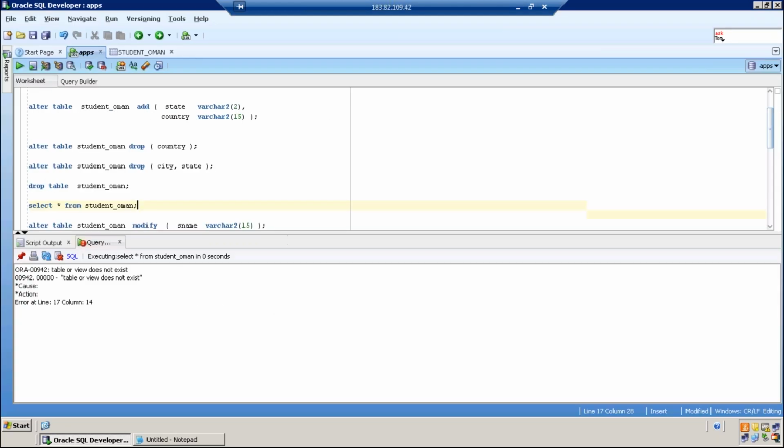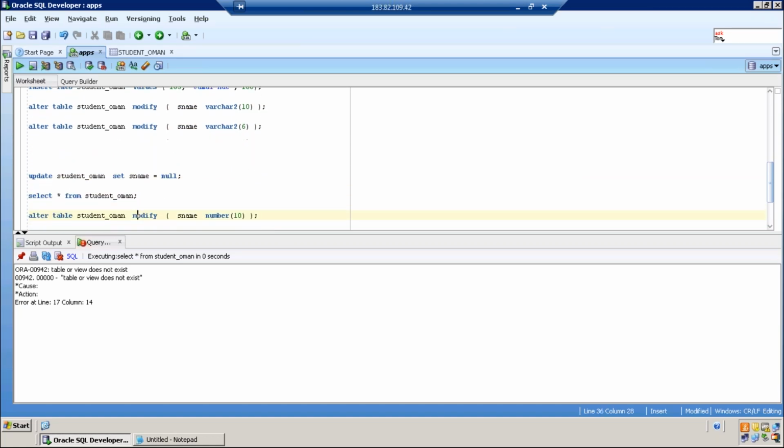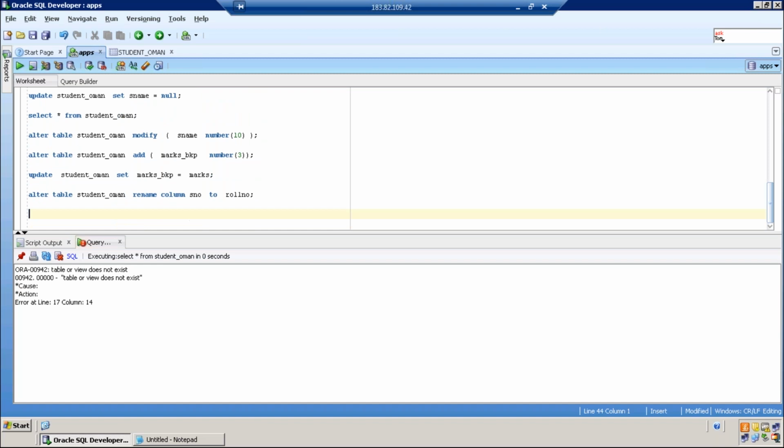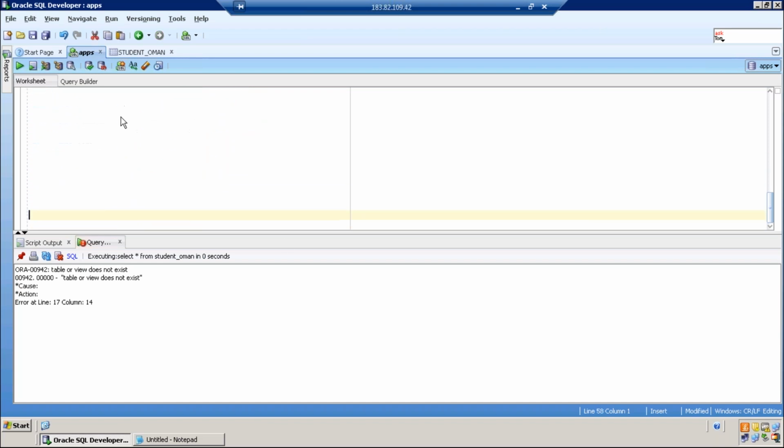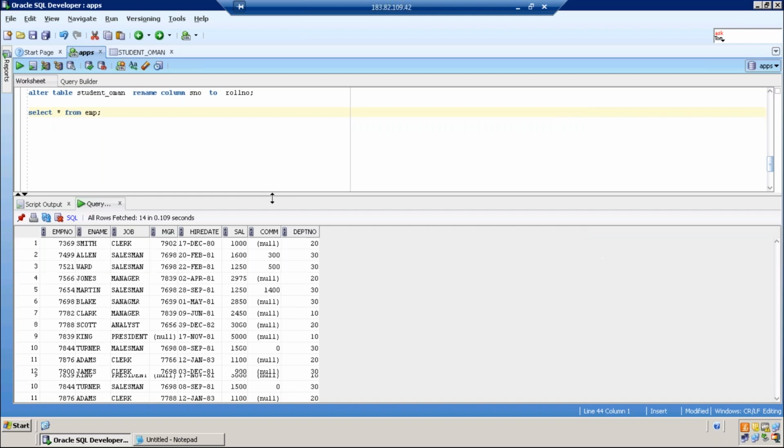Okay, I'm back. Before starting truncate, look at this table. The employee table has 14 records.